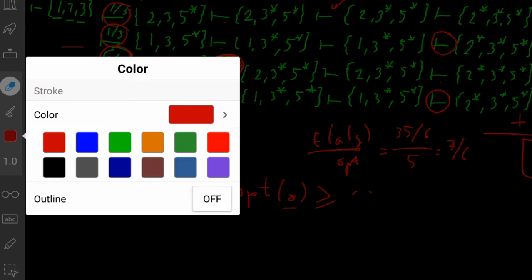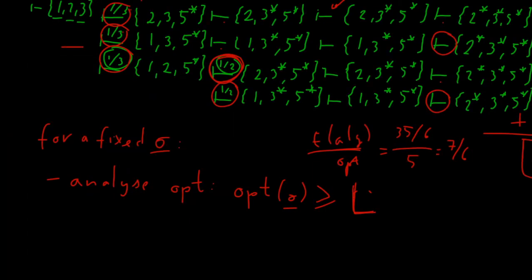It will be larger than some value L. And then we will analyze, and this is the harder part, the expected cost of the algorithm, and it will be at most some U